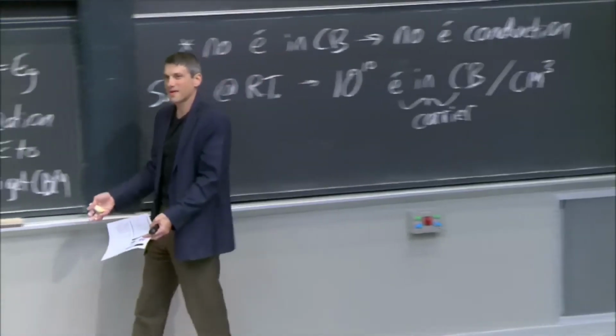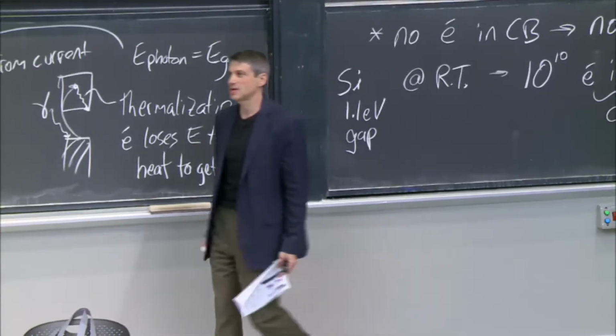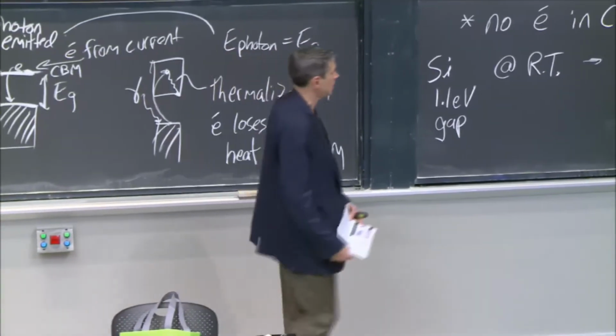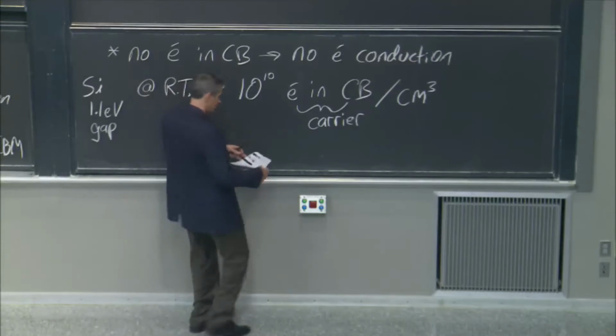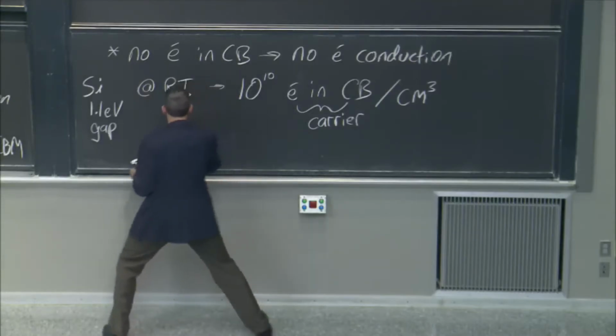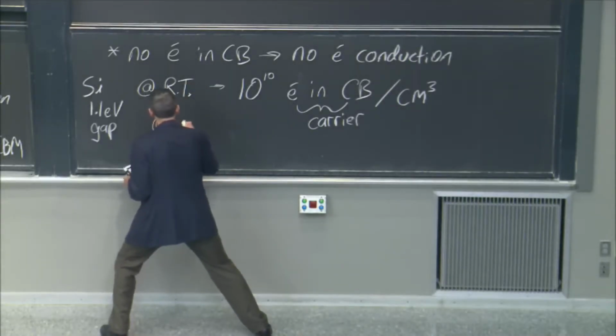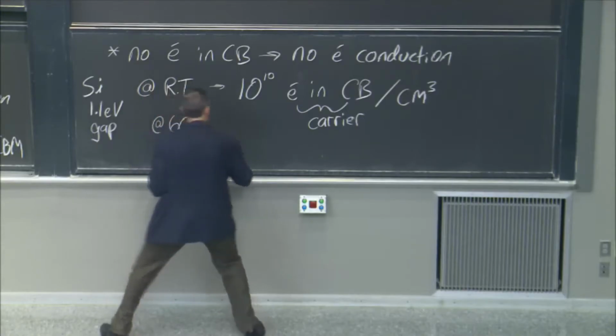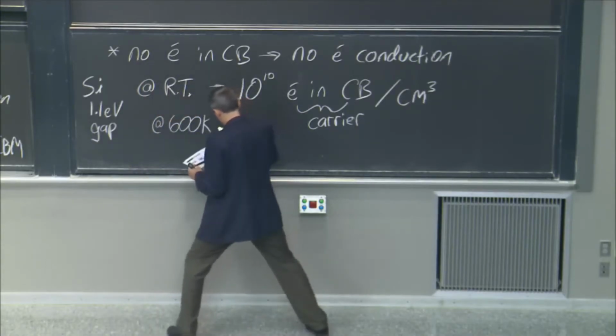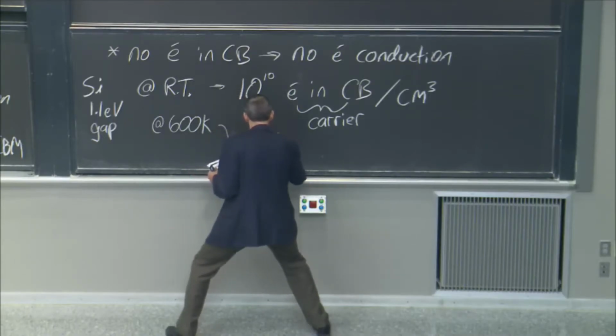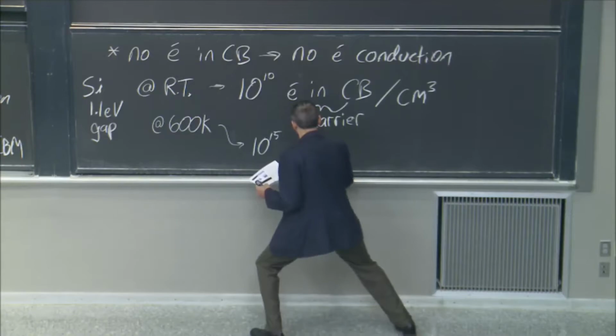That's why it's called a carrier, right? It carries electricity. Those are the ones that made it up. But if I go to 600 Kelvin, oh, we only use Kelvin. Kelvin is the thermodynamic temperature scale. At 600 Kelvin, it's 10 to the 15th carriers